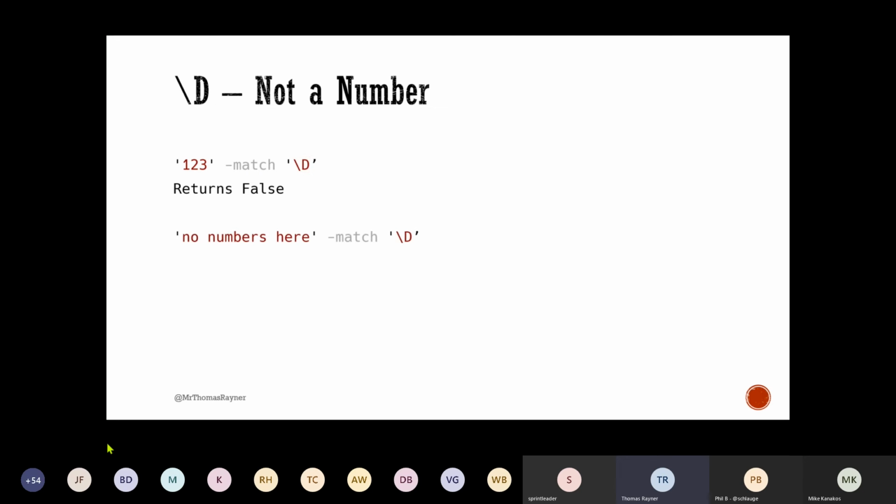In this one though, oh, you bet we find some not numbers. We're looking for, oh, there is a not number, that's not a number, that's not a number, et cetera, et cetera. All of these characters match that pattern. And so, yeah, you bet, this one returns true. We found that pattern all over the place in that one.